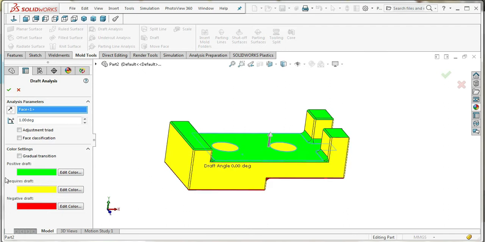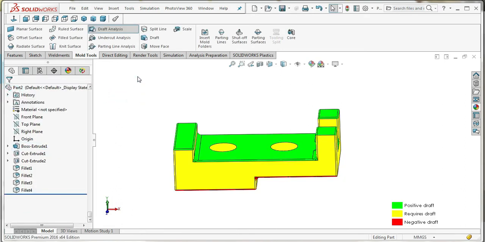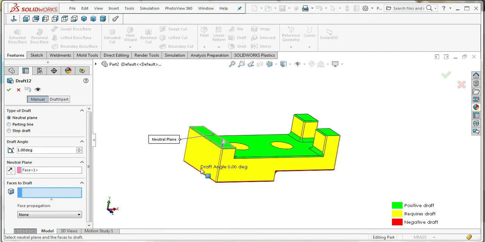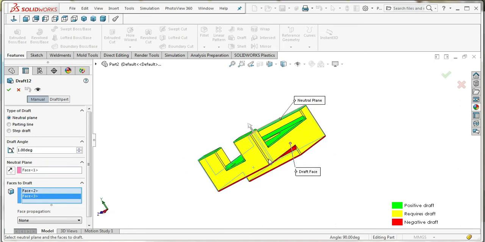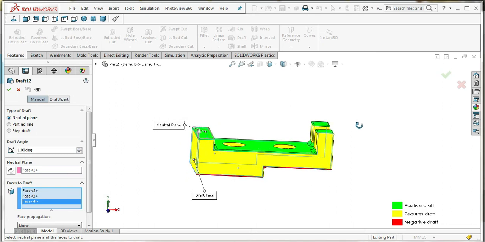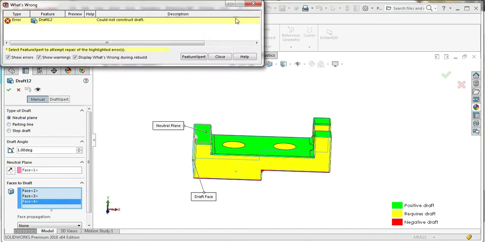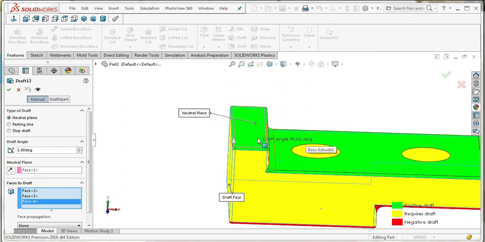Click the surface based on that. What are the drafts? The yellow color shows the required draft faces. Now again click draft and select the surface. Which surfaces do you want to make a draft? You can select all the surfaces. Okay, this is the first one. The neutral axis is based on this surface. You can make it a draft. What is the reason? It should be created as a fillet, so you remove the fillet and then make a draft, otherwise a draft cannot be created.